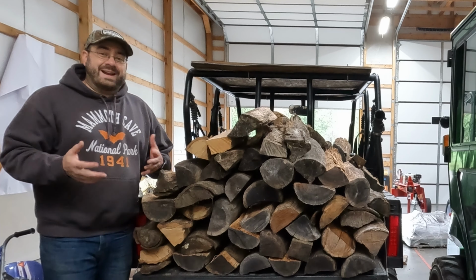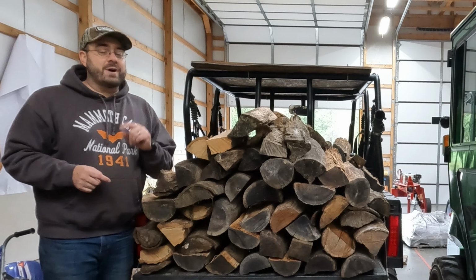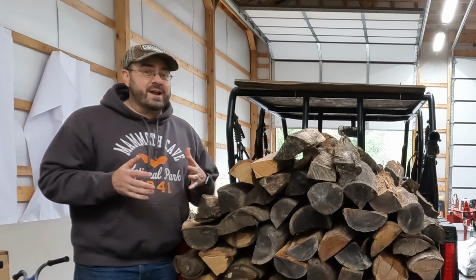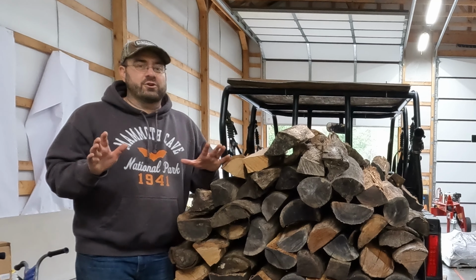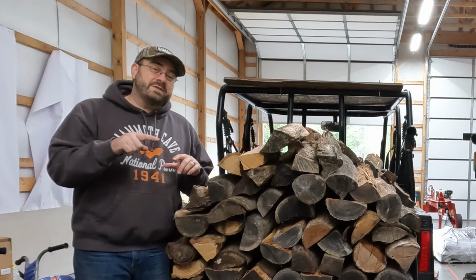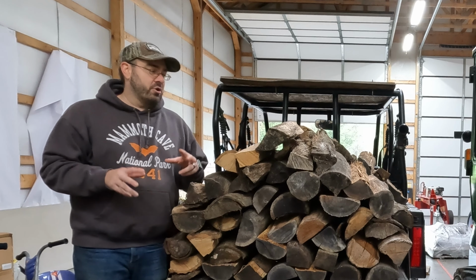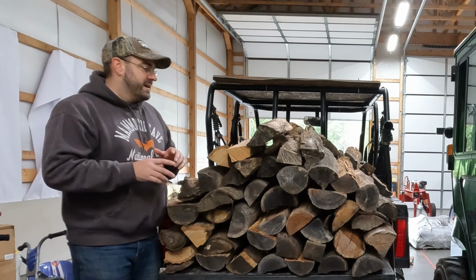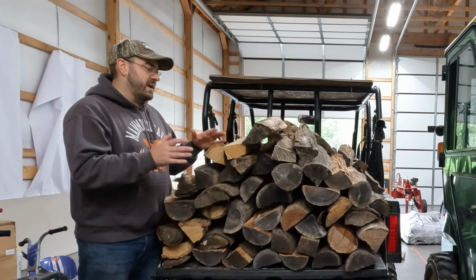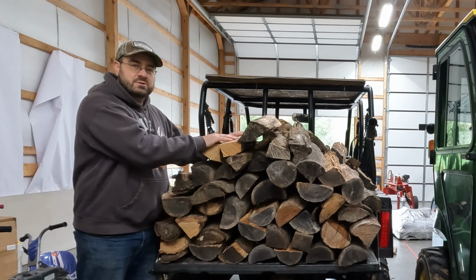And in case you're wondering how I stay so buff, I do have a Bowflex. And that Bowflex gives me a really good workout. Now I haven't actually used the Bowflex for at least 6 months, but I've moved it 10 times in the last 2 months. So moving the Bowflex around, great workout. Why did I move it? I had to move it because I needed more space in the basement for this additional firewood storage in the